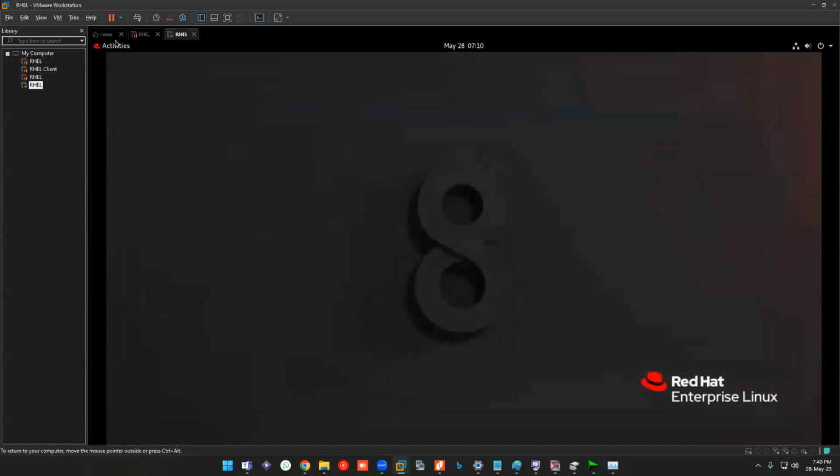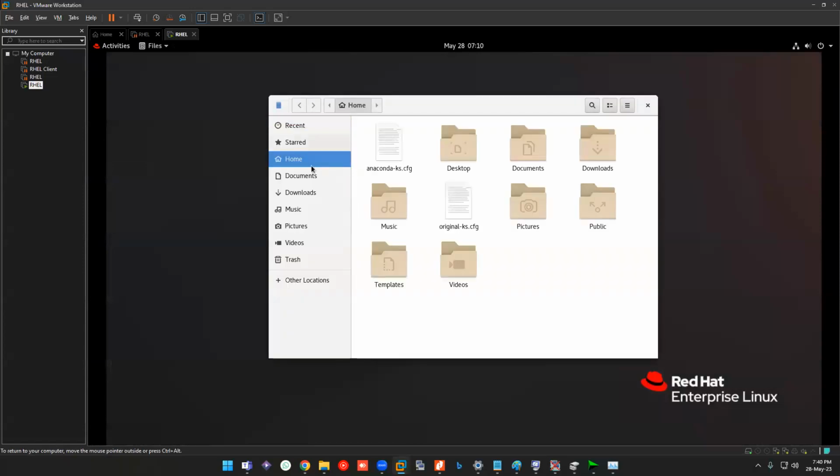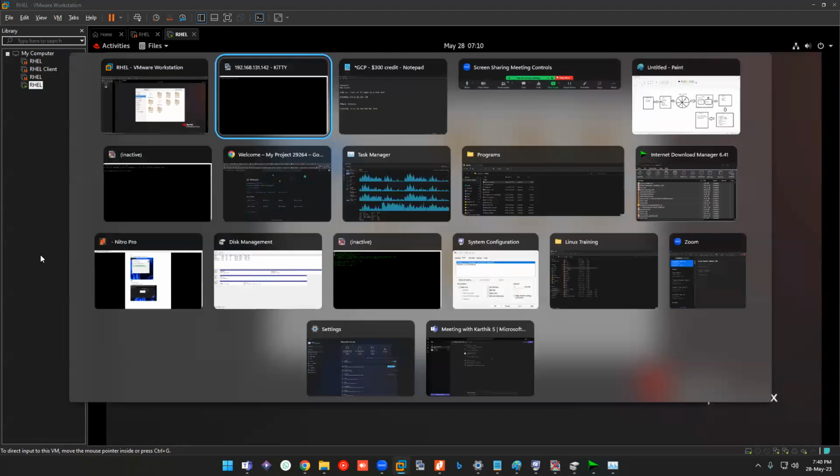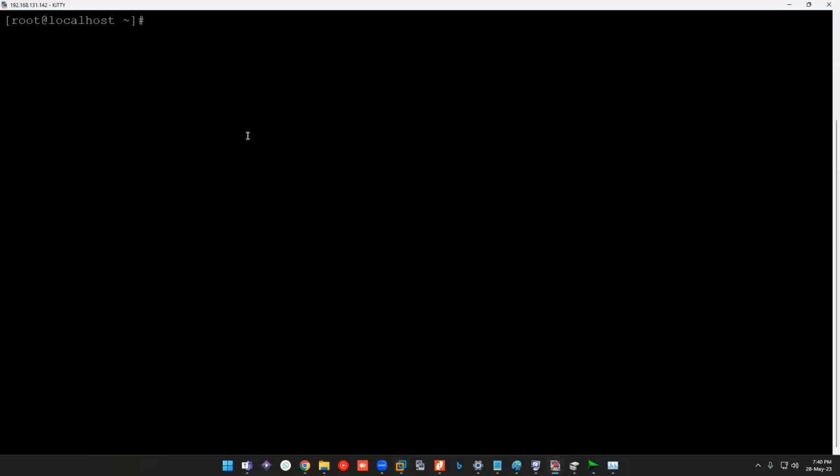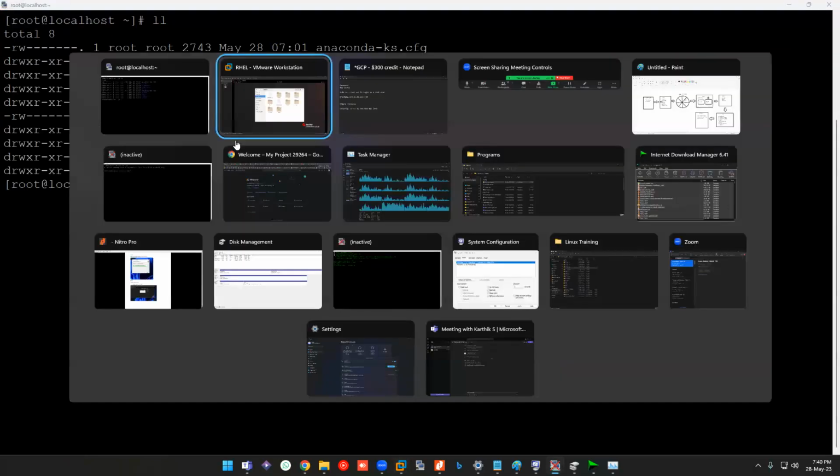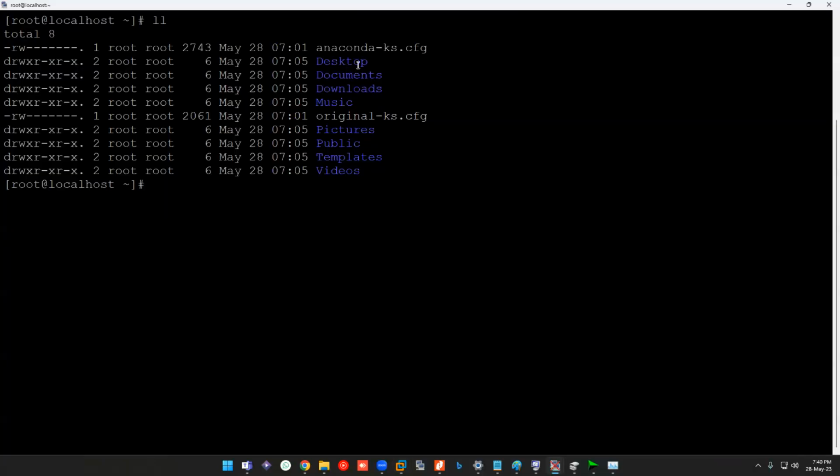I'm confirming it. Let me create an empty file and show it in the file explorer. This is the file explorer in your Linux machine, and the same files and directories would be here. touch is a command to create a dummy file, so I'll create a file like Mary.